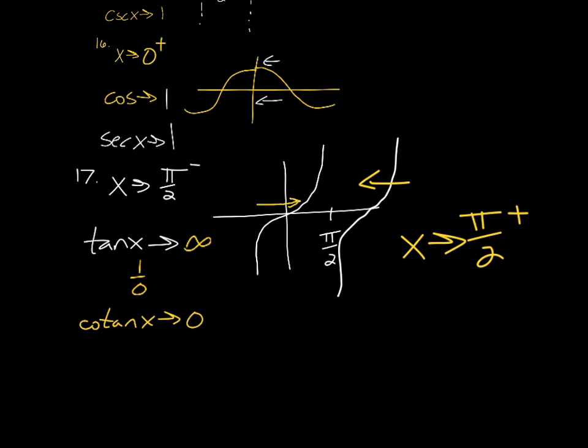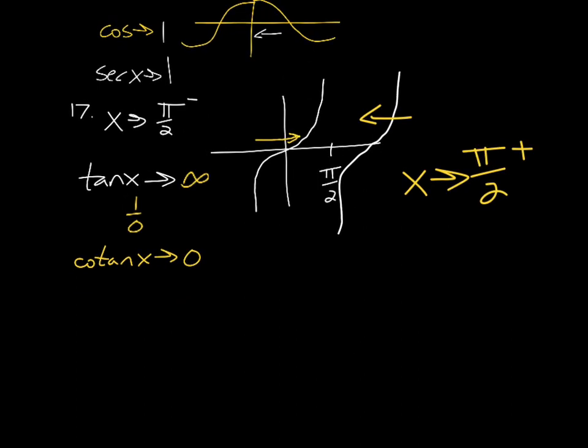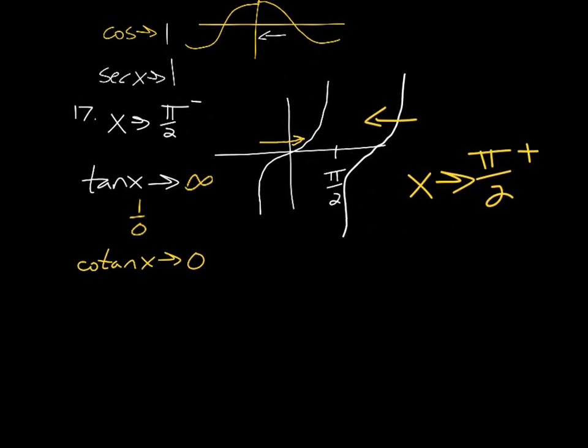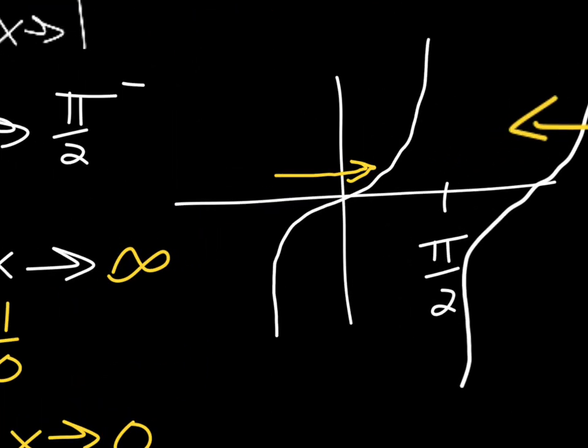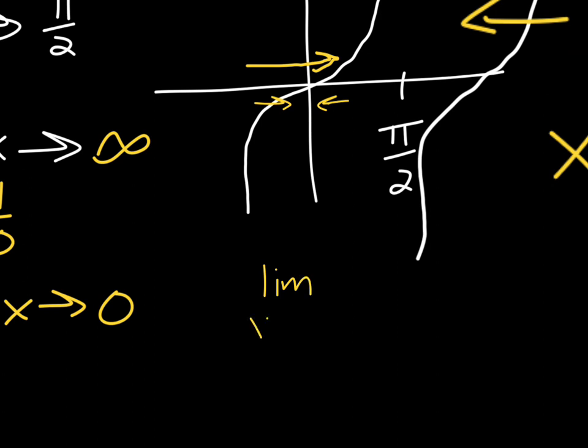So with this one, you could do tangent x, arrow, pi over 2, or the other one could be to pi instead of just pi over 2, and they'd be the same thing. So that would be a limit, correct? So if we were just going to 0 here, you would say the limit as x approaches 0, and this is what it would look like. You'd say the limit as x approaches 0 of tangent would be 0,